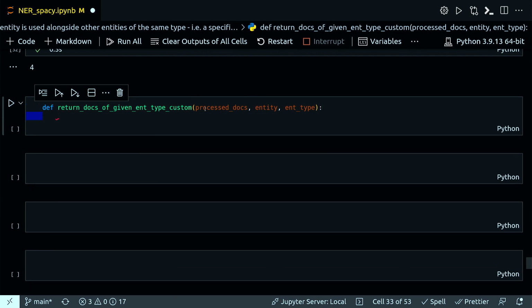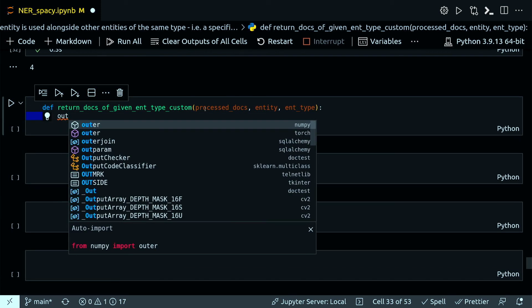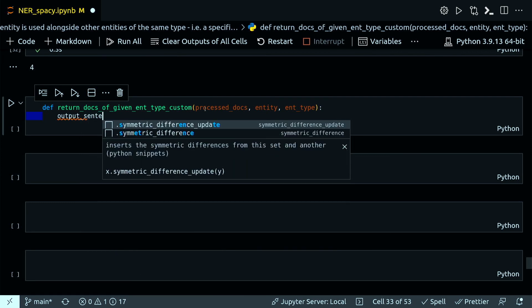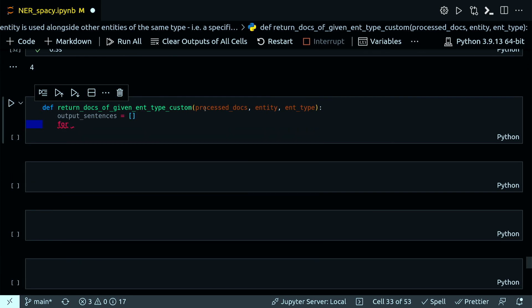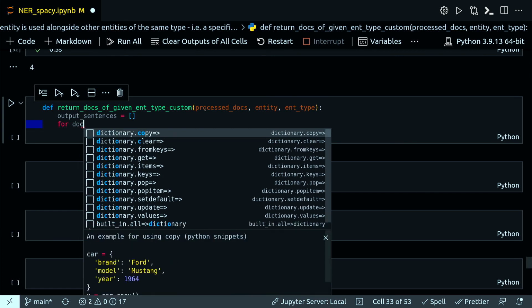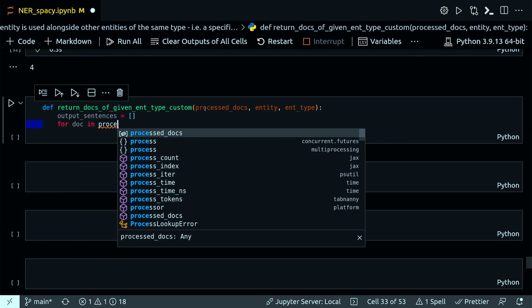So first, I'm just defining the list which will hold all the sentences that will satisfy the condition. So output sentence equal to, and now I'm going to loop through doc in process docs, for doc in process docs,